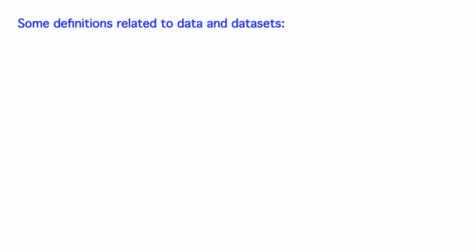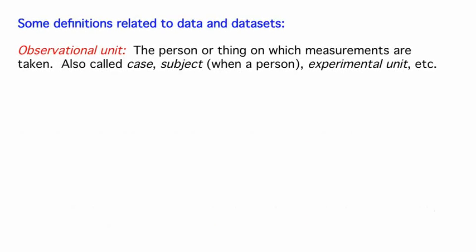Now that we've seen a few data sets and some of the summary statistics we can calculate and plots we can create in order to get an understanding of our data, we'll now summarize some of the features of data in general. An observational unit is the person or thing on which measurements are taken, for which a number of different terms